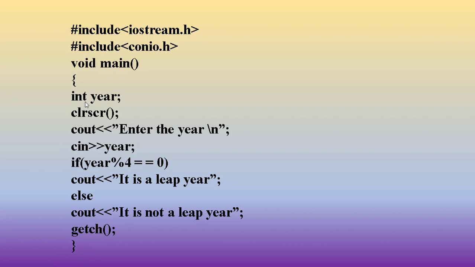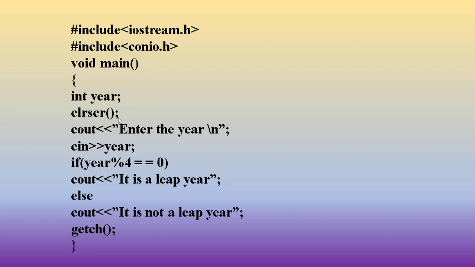Then we have an int, that is a data type, and here is the variable name. Then you have to end with a semicolon. But for these three statements there is no semicolon. Only the statements inside the void main need a semicolon, and we have to see where to put a semicolon and where not to. As you learn the syntax, you will come to know where to use a semicolon and where not to.